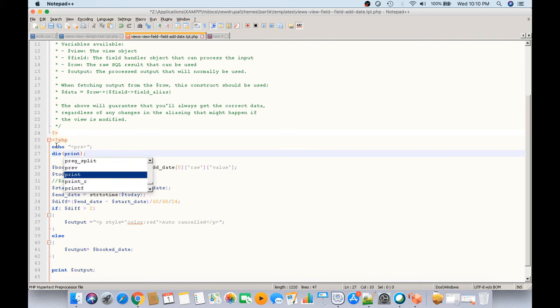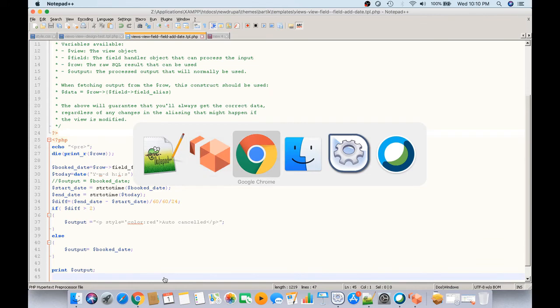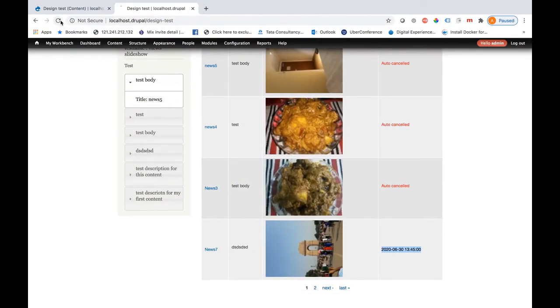In order to do that, you need to use print_r, and in order to see the object structure, I have written echo pre and then I'm writing rows. Okay, now I'm saving this and going back to the view.